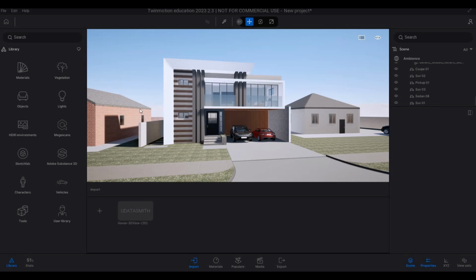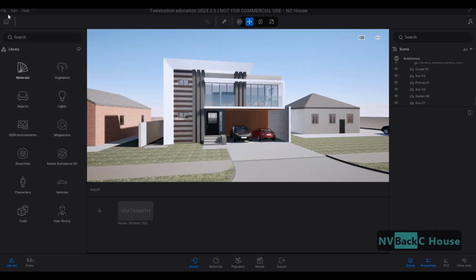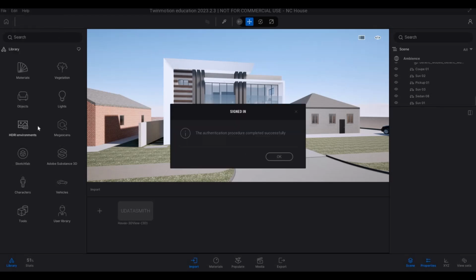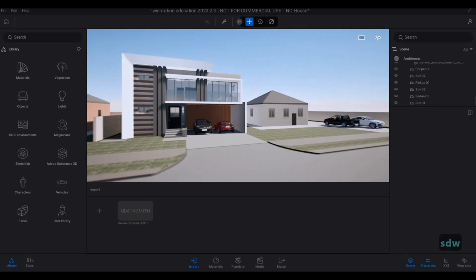Now we're gonna continue working on this, but before we start any further, you want to go and click File and then Save, and then just save it to the location that you want. So here for me, I have a Twinmotion file, NC House, and then press Save. And also, might as well sign into your Epic Games account so that you'll be able to have Megascan, HDRI, and Adobe Substance SketchUp access. So now that we're done with that,